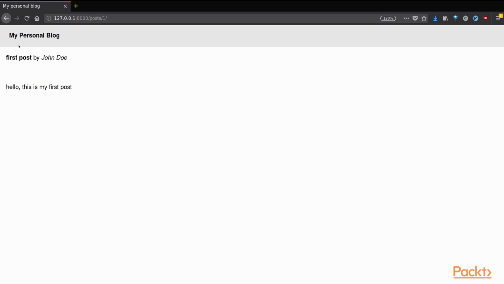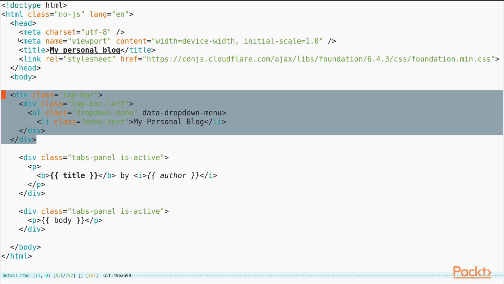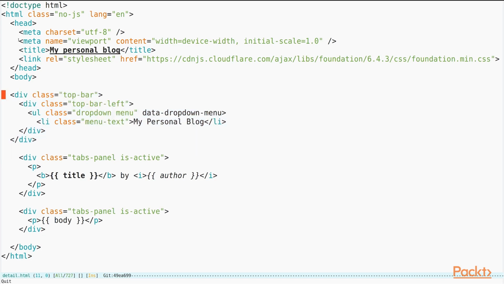Now in our blog post, we will naturally have some common sections. For example, this toolbar at the top of our page. This is added by the following snippet of code. Now we wouldn't want to keep adding this on every HTML file across our project. To reuse this code, we will now create a file called base.html at the root of